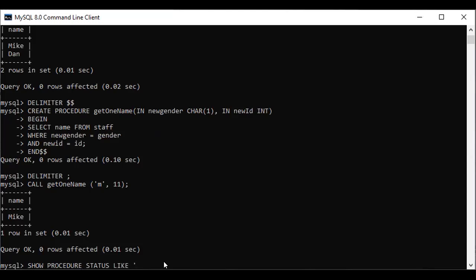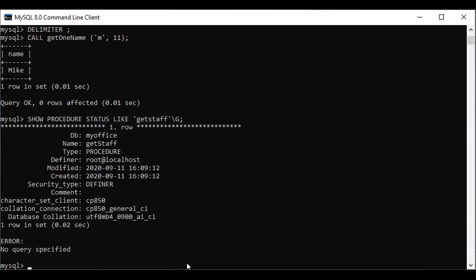So the wildcard always comes with the quotes. The name of the procedure is get staff, then slash G. G stands for group. If we want to see the result vertically, then we can put this slash G. Otherwise, the result goes horizontally. Press enter.